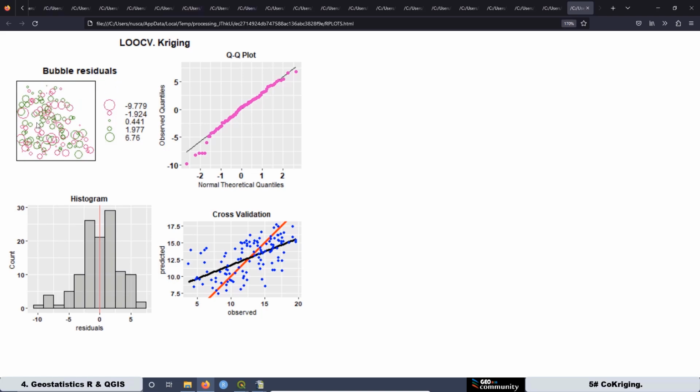The first graph is a bubble plot that shows the residual values associated with the cross-validation. Then we have the QQ plot to see if the residual values show normality in their distribution. The distribution of the residuals can also be seen in the next graph with the histogram. The last graph is a scatter plot showing the relation between the observed values and the predicted values using the